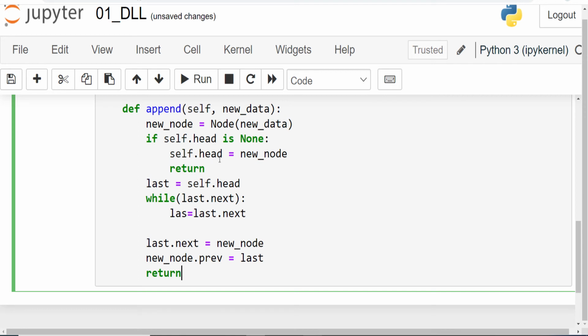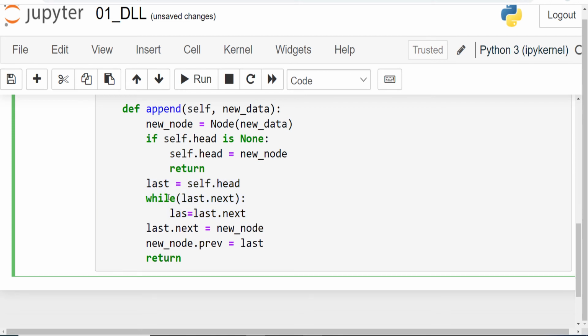If self.head is none, then self.head equals new node, and that is the correct case. Then we are traversing the entire list in this block, where last equals self.head and while last.next, last equals last.next. Now last.next equals new node, and new node.prev equals last, and return.